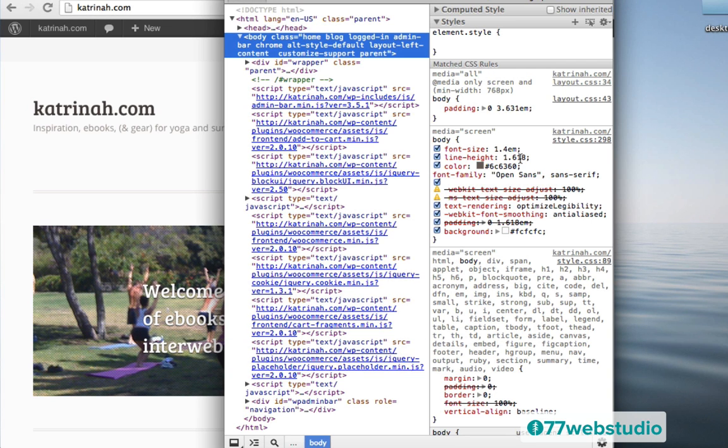And here we see all the code that is being used to create this website. So on the left-hand side, we have all the HTML, and on the right-hand side, we have all the CSS. So the CSS is the code that creates the styles for the website. So things like the colors, the font sizes, the font types, the spaces, things like that.